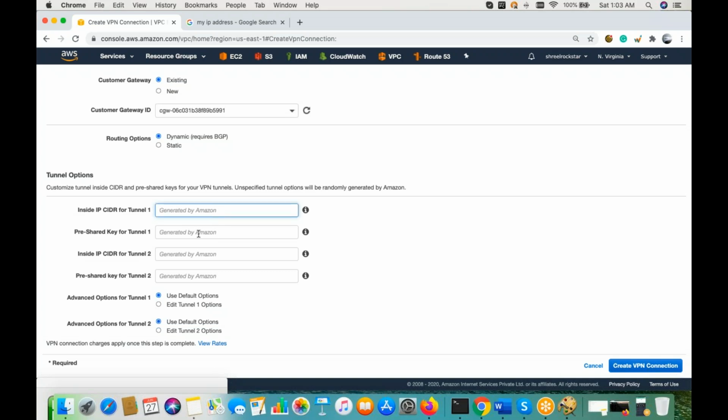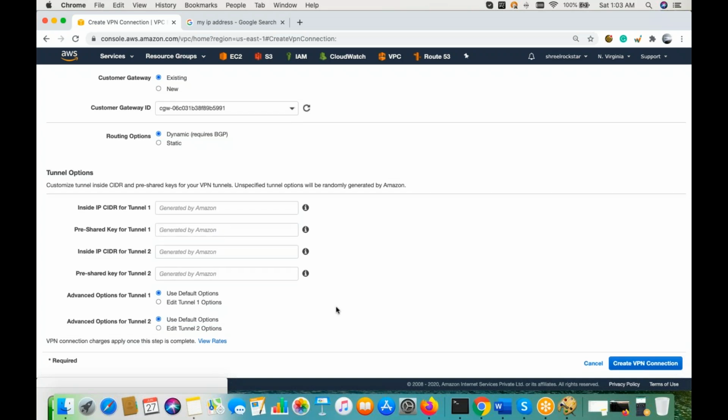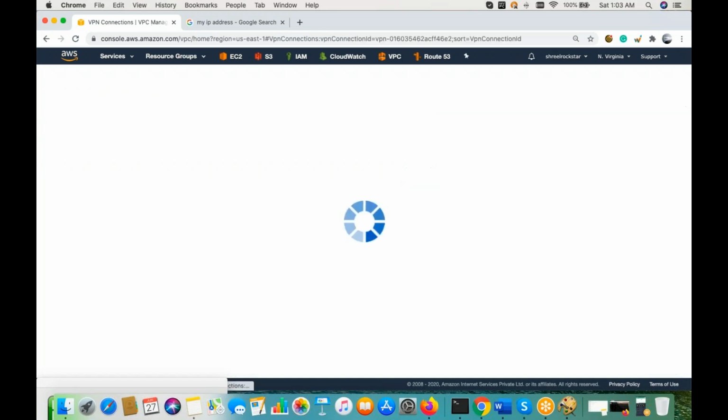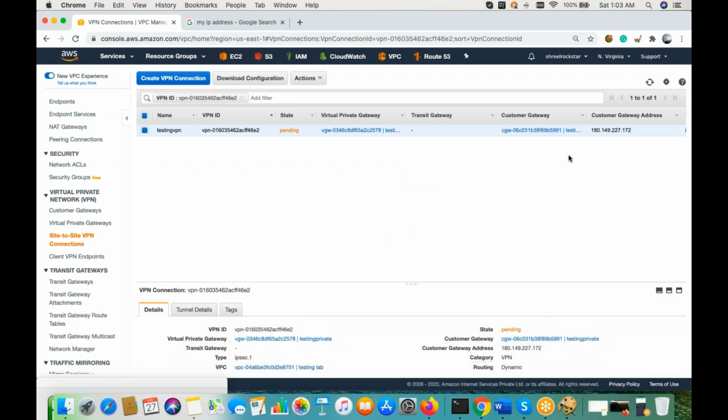So you can define multiple IP addresses according to the customer's response. But we are doing just a basic test, so we should be fine with it. Cool. And we are going with the use default option because I'm not going to add the tunnel options, which are part of the chargeable basis. So create VPN connection, just on a basic understanding and concept which we are referring to here.